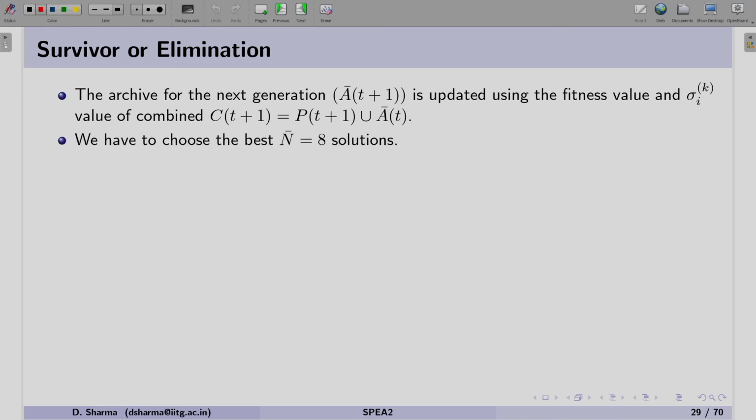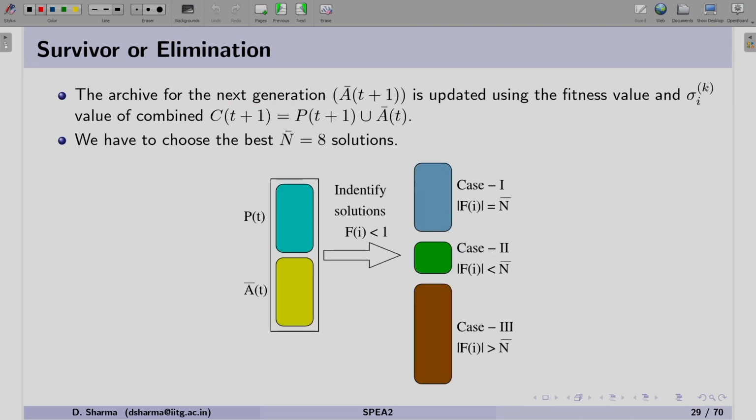Now, since we have to make the archive for the next generation, we have to choose the best N-bar solutions into the archive. Graphically, we have the population and the archive, we combine them, and we look for the solutions which have fitness smaller than 1. As per our earlier discussion, this condition is satisfied when the solution is non-dominated.